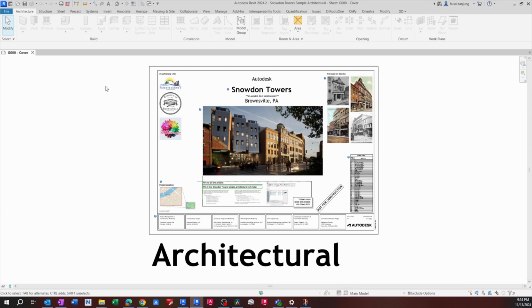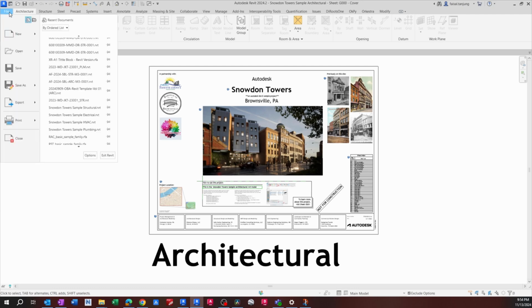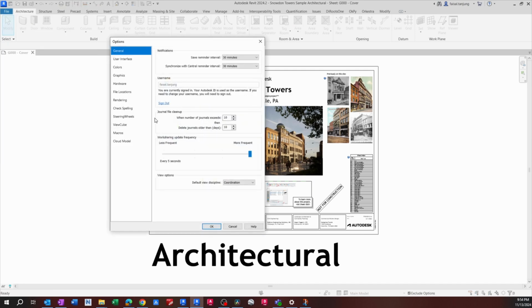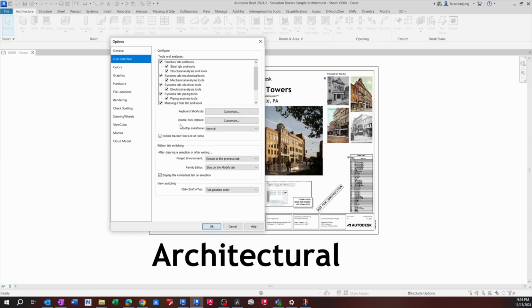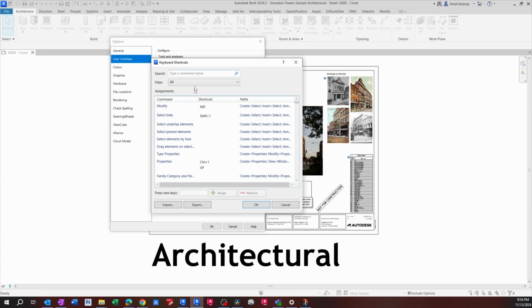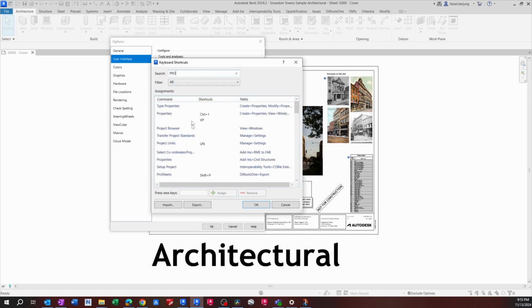So first of all, go to the file menu and select options. Next, navigate to the user interface. Here you will find the customize keyboard shortcut. Just hit this one. So this one, for example, I will try to customize the properties that I would like